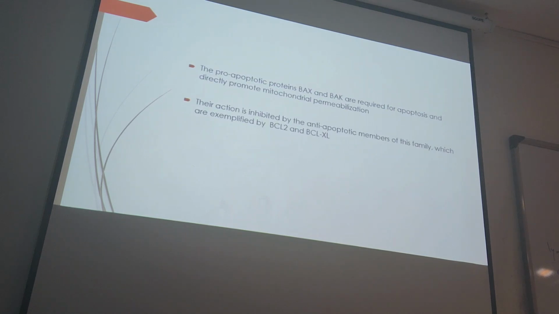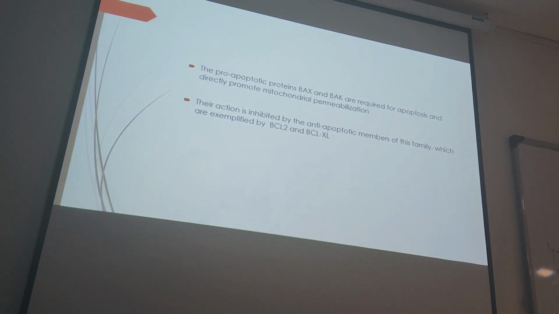Which proteins are pro-apoptotic? BAX and BAK, yes. And they are required for apoptosis. They can directly promote mitochondrial permeabilization. And on the other hand, the anti-apoptotic members of this family are BCL2 and